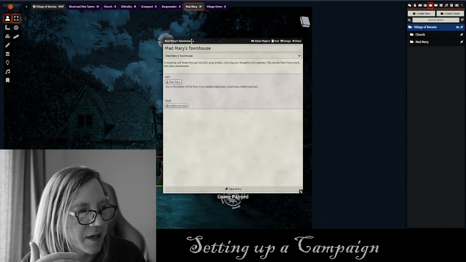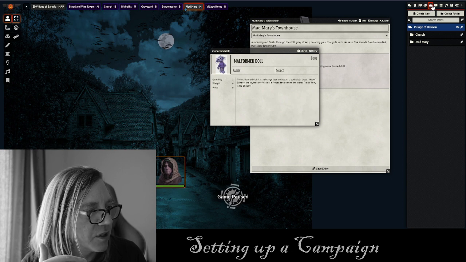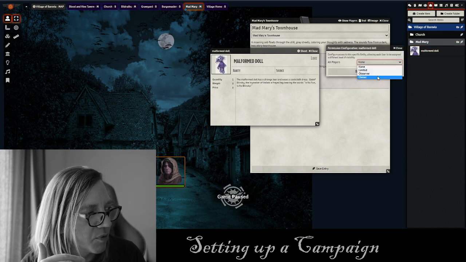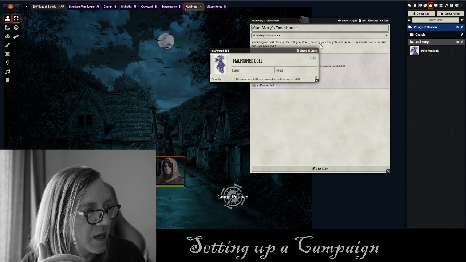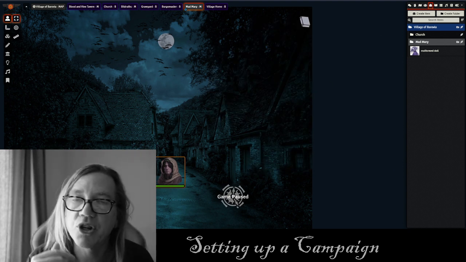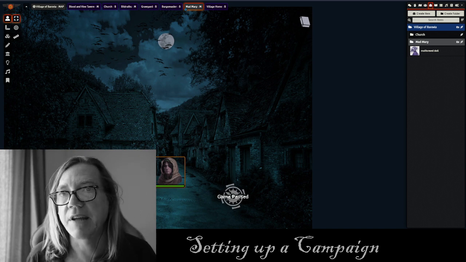Go back to your text. Oh, they find the dowel. One of your players is going to get the dowel, and you can always go over to your item directory here and just give this configure positions and give it to a particular player as an owner. They want to take the dowel as loot and add it to their player character sheet. So let me go to the last thing in this entire